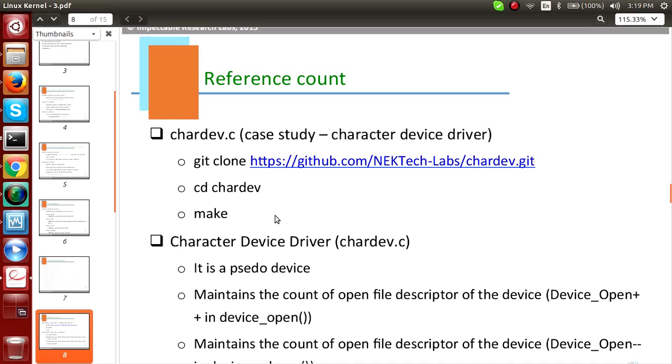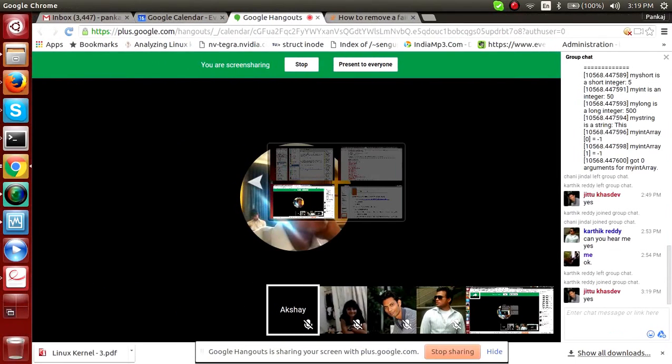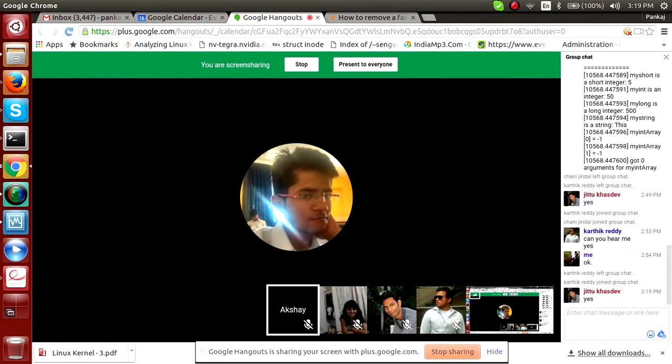Try loading this module and paste the output in the chat window. If you face any problem, just paste that error into the chat window. Ten minutes, or 5 minutes, for you to do that. Just paste your outputs.